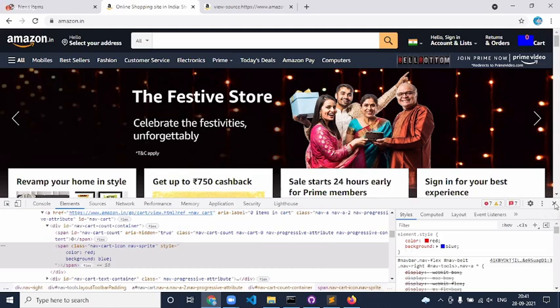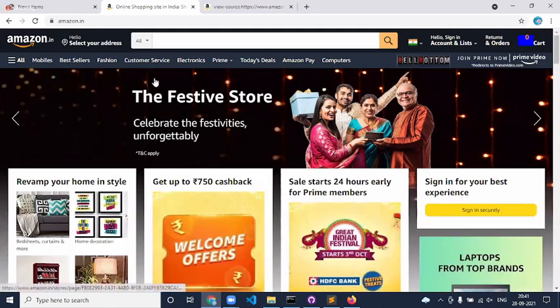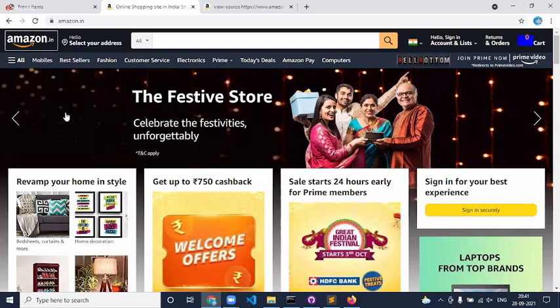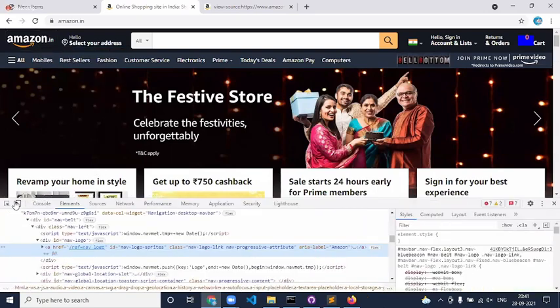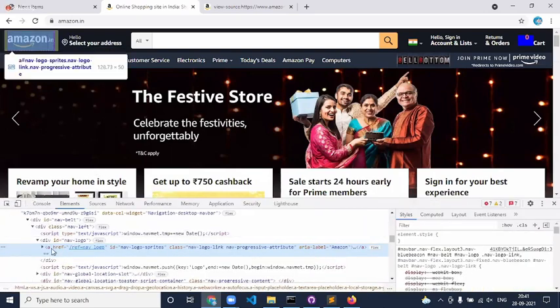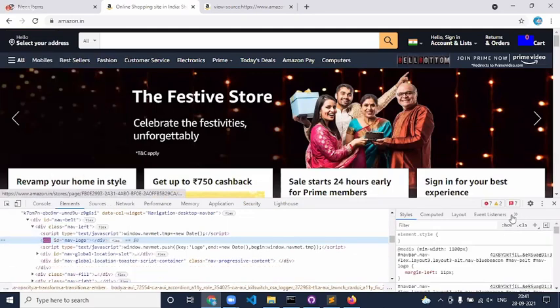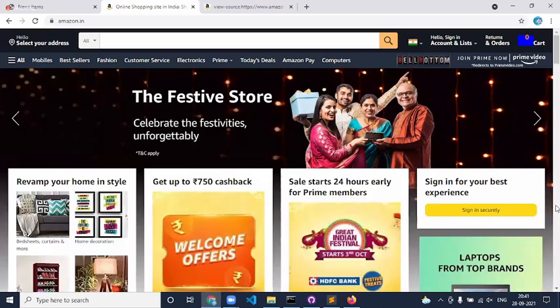Yes. Now, if you remove this, this is how it is. Now, I don't want to see this Amazon icon over here. Right mouse click on this. I simply click on inspect element. Now, when I see here, there's an anchor tag. I don't want to see the Amazon icon here. Right mouse click on this guy. There is something called as delete element. I can see an Amazon web page without even an Amazon icon.